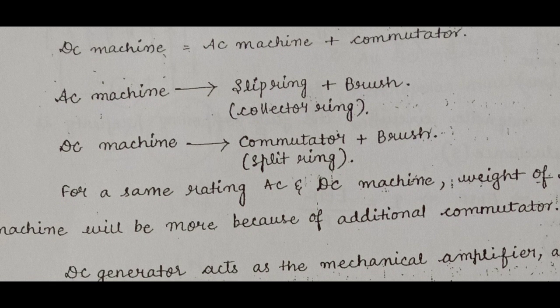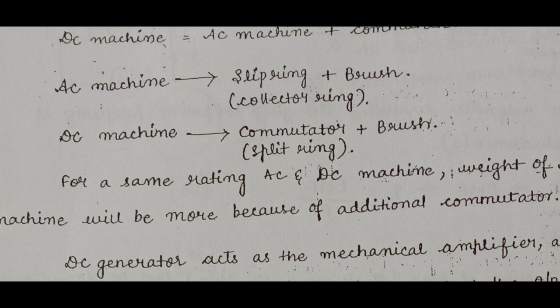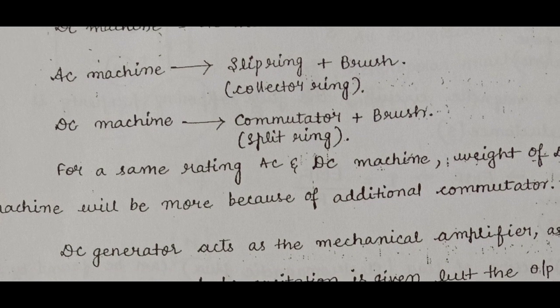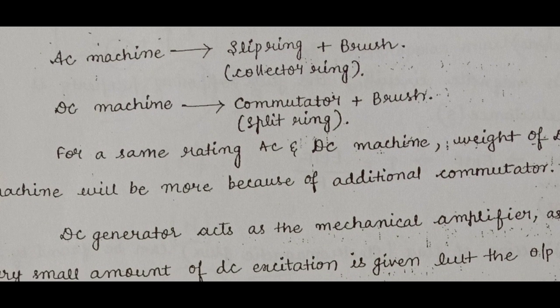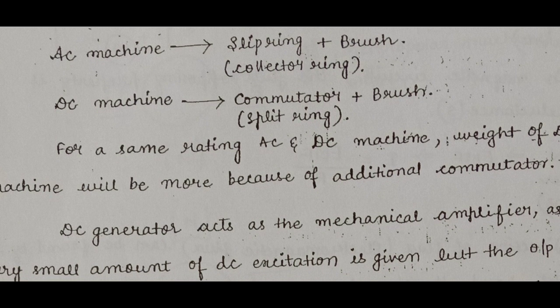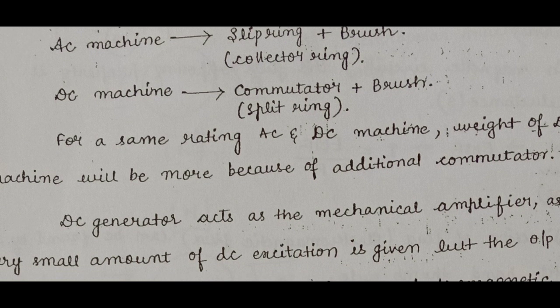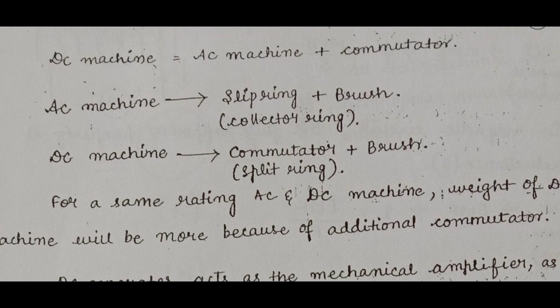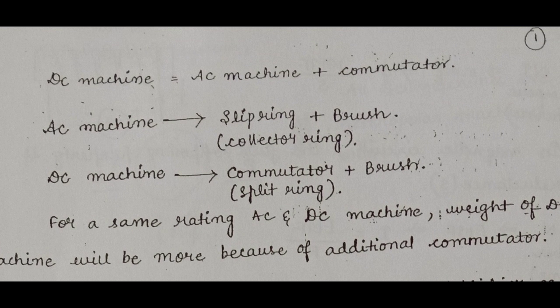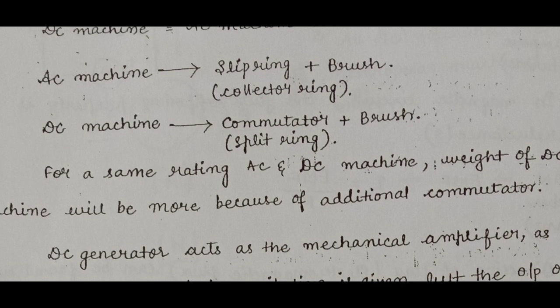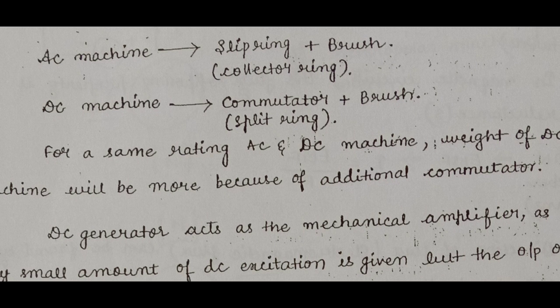In AC machines we need an AC supply, and inside the machine also there is AC supply. So there is no need to convert AC to DC or DC to AC. In a DC machine, commutator plus brushes are used. So the commutator is also called the split ring, because a slip ring is a common magnetic path on the same iron core, but a commutator is a split ring. Commutators are split rings, we can say.